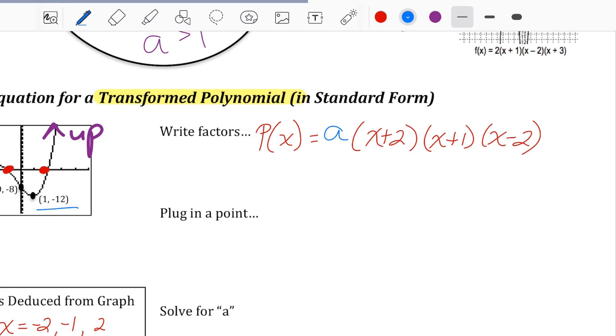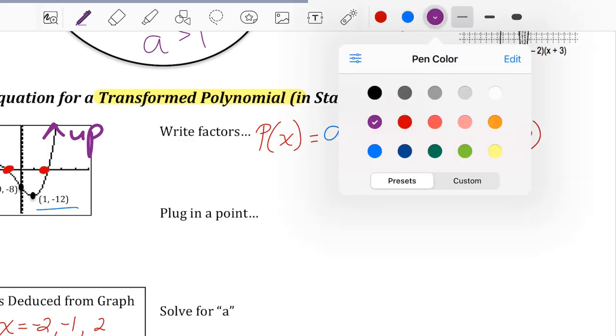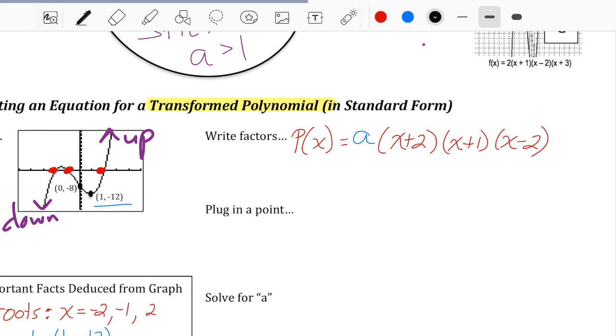Well, we're going to plug in a point. We're going to plug in the point that we noticed in this problem, 1 and -12. Now, anytime you plug a point into an algebra equation, you always plug the x in for x, but first you can see the y is being plugged in for y. So -12 is being plugged in for y. And check this out. There's actually 3 places where you're going to plug in the x value. The x value of 1, of course,